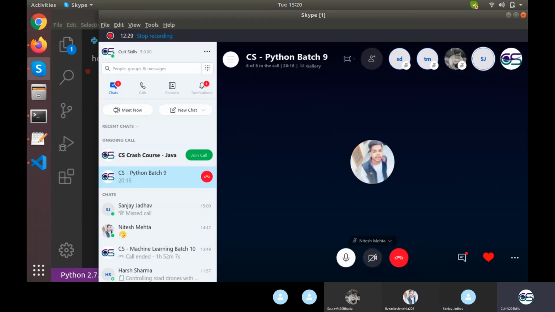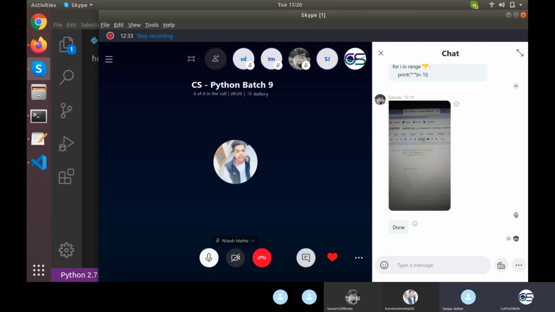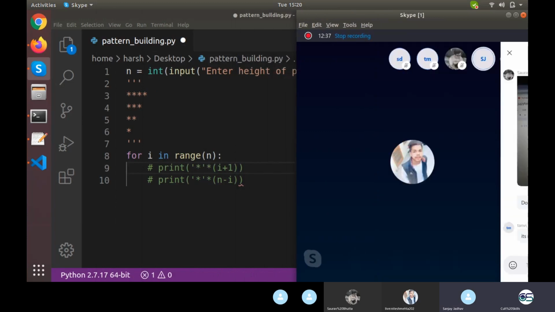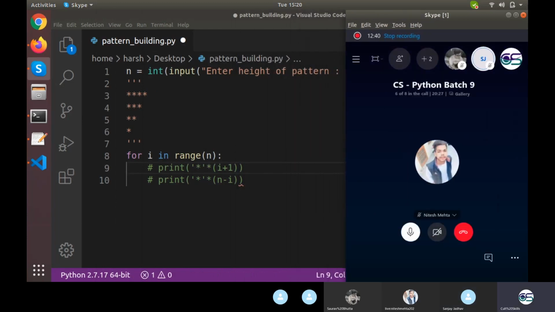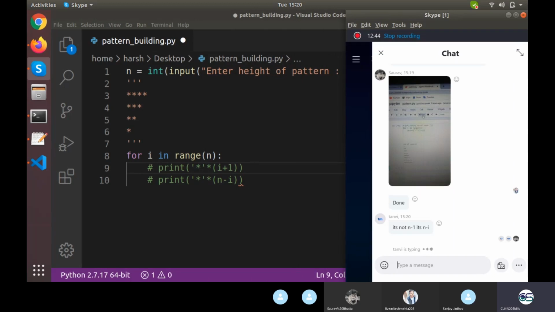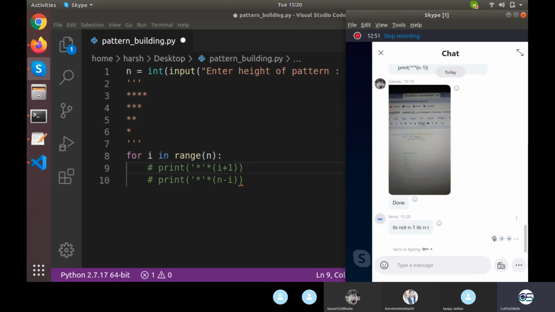I am not getting any screenshot on Skype. I got the last screenshot from Saurav itself. You can see that there is no screenshot from your side. Share it right here in the group.